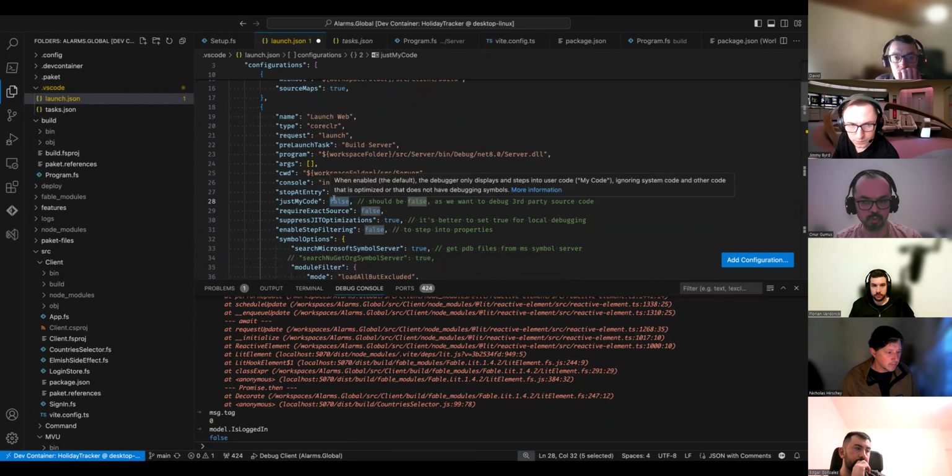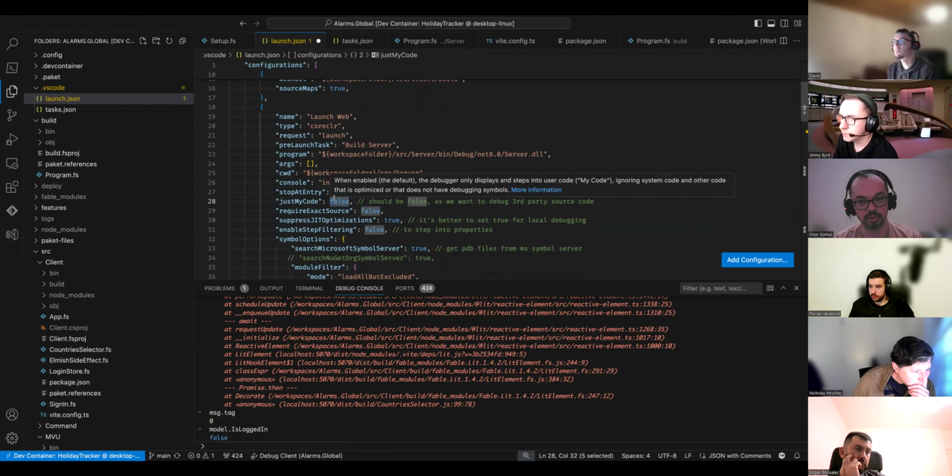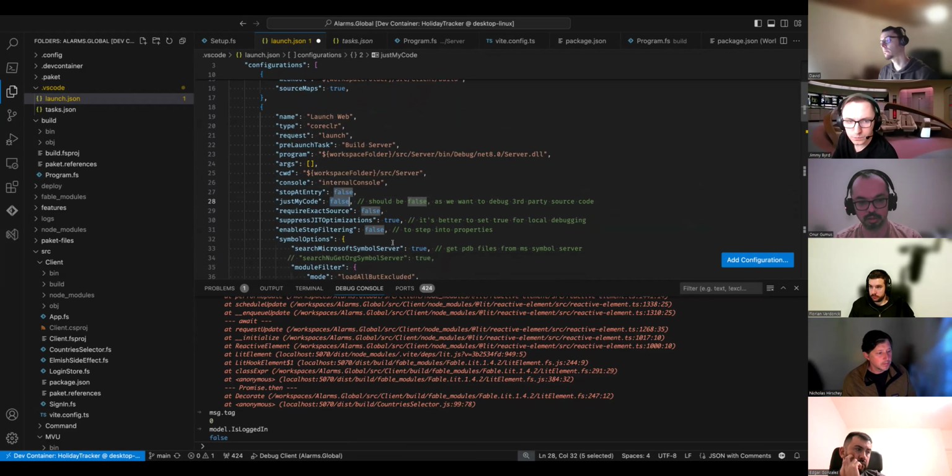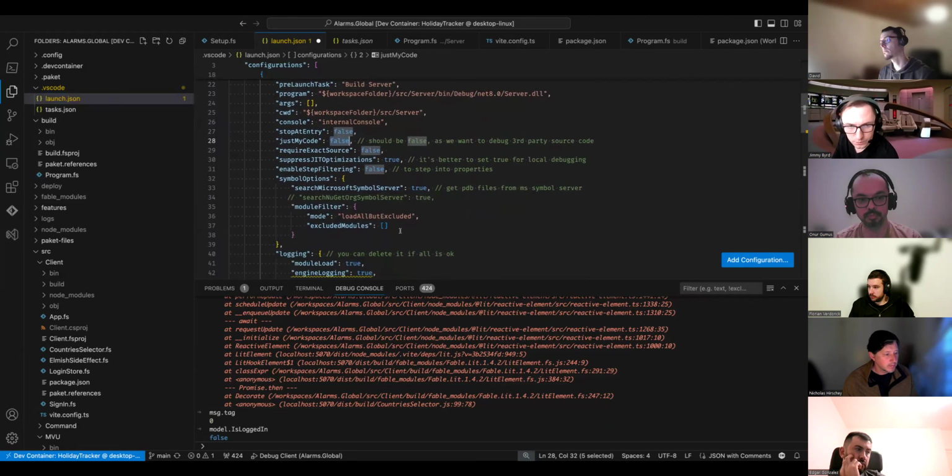Just my code: by default, you will want this to be true, but for the sake of this demo I'll show this as false, because we would like to debug other parts of the code, not just the code we have written. Making this false also allows you to break on any kind of exception. Require exact source is just asking whether we should really require it.